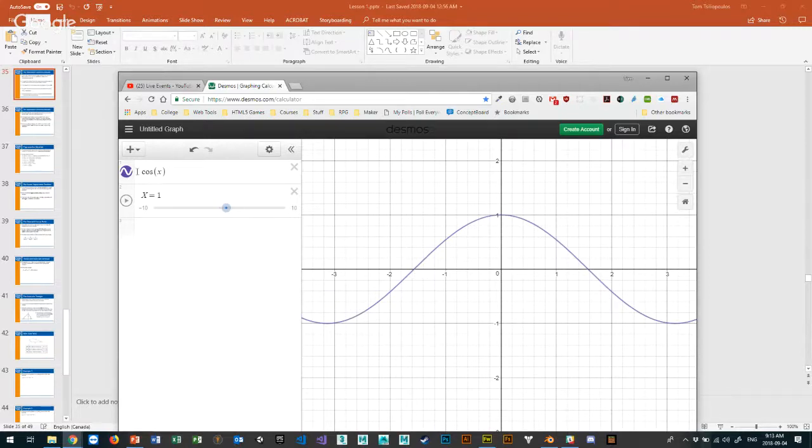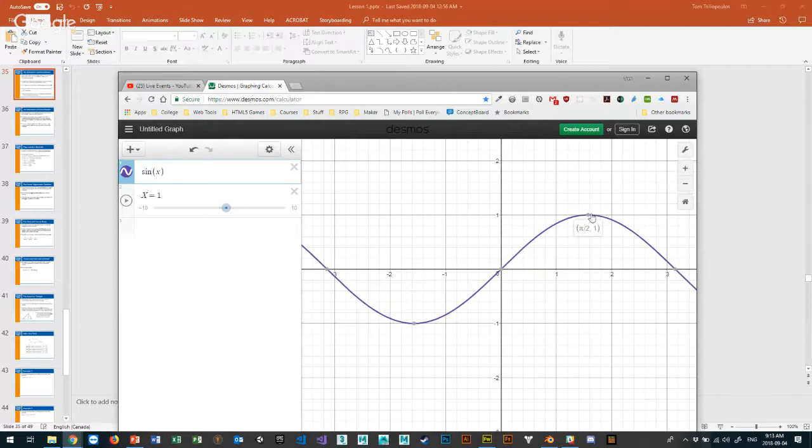For cosine, let's go with sine first, because sine is more of a thing that we use all the time. There we go. So here's a sine graph. Okay, what do you guys notice about sine? If you didn't know anything about it, and I said, find me the sine of a certain number, where x is equal to some value. Like right now, x is equal to 1. So sine of 1, notice that as it rises, then at the top, pi over 2, as an example, or 1, is at the top. That's interesting, pi over 2.